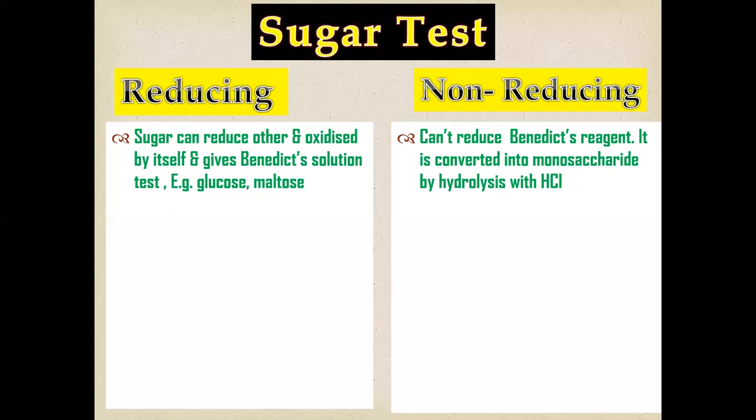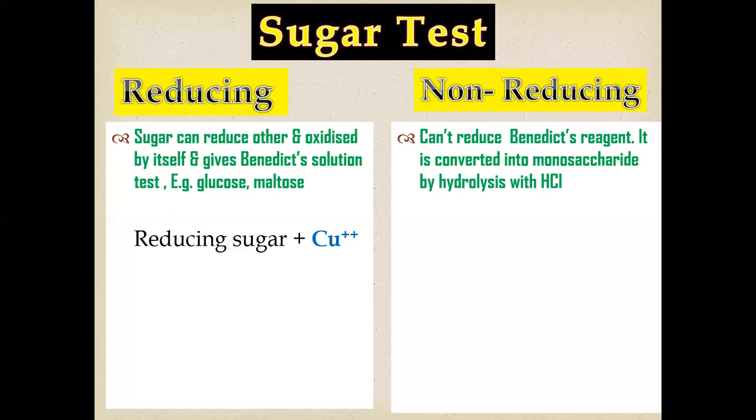On the contrary, non-reducing sugar cannot reduce Benedict's reagent. So it must be converted into monosaccharides, and then it will give the reducing sugar test. First, we are going to apply the Benedict solution test on reducing sugar. We have reducing sugar plus the Benedict solution, which